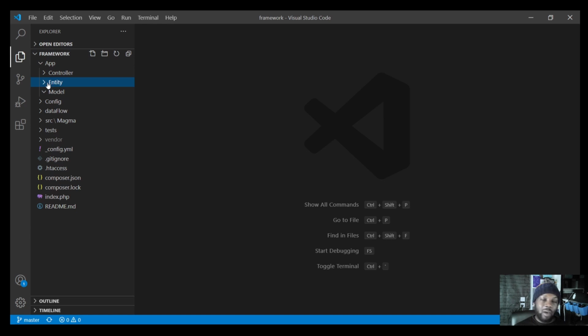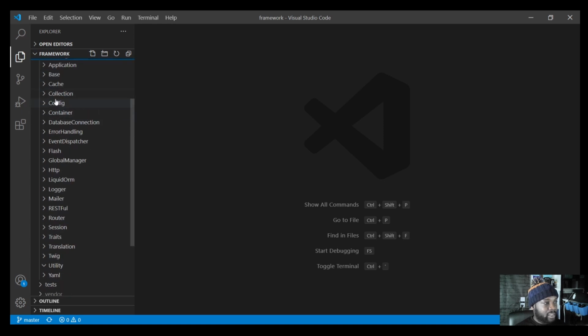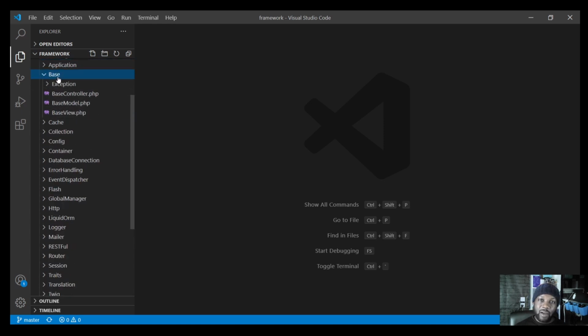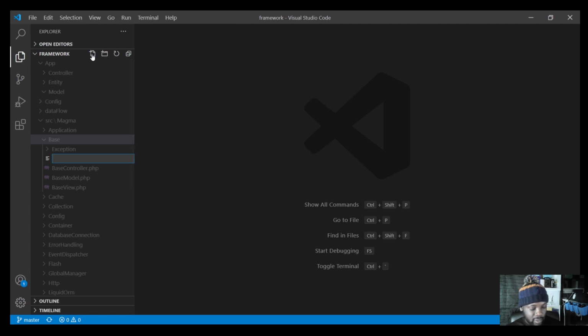So we're going to be creating a base class which all of our entities are going to be extending from. So that's really where we want to be working in first. So I'm going to be opening up my Magma directory into the base directory, and I'm going to create a new class, and we're going to actually code this out. So it's going to be base